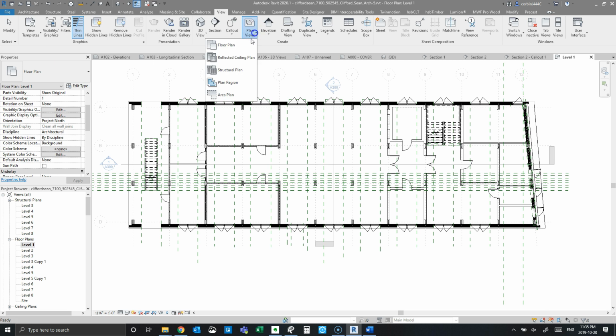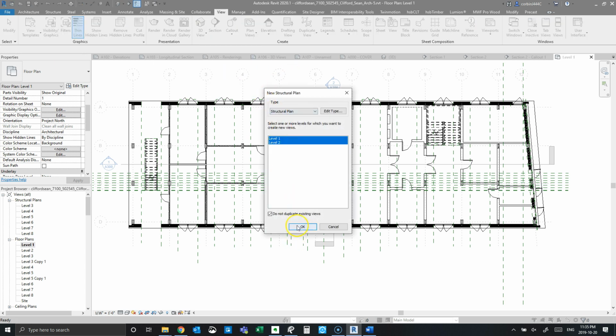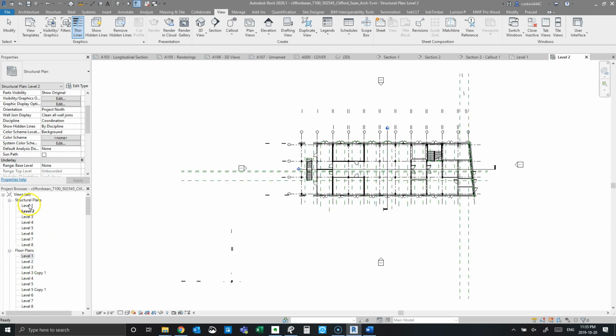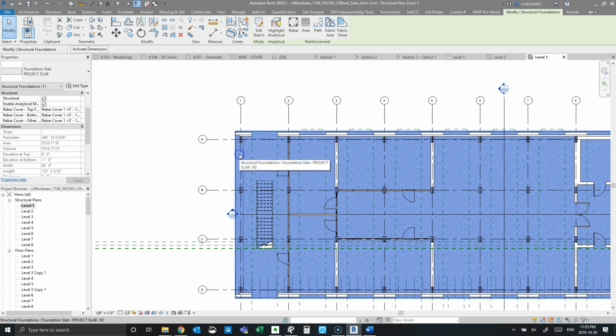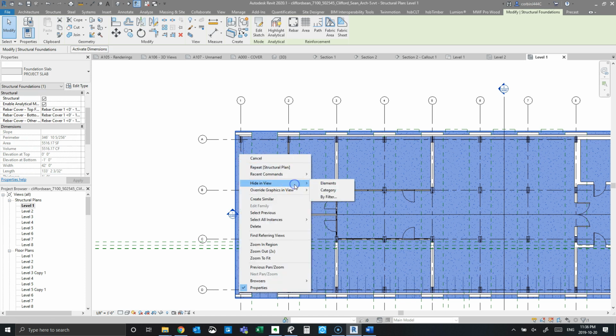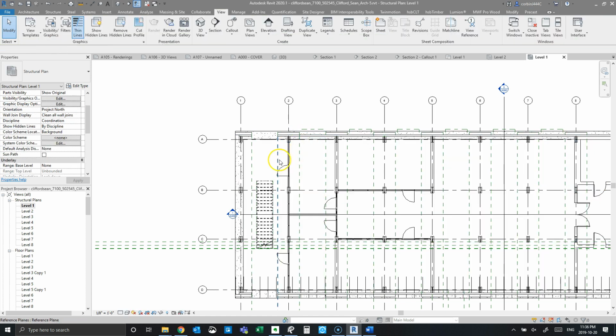Let's set up a structural plan. We'll go to structural plans, hold control and select both of those. We have this in here. We're going to want to make this for